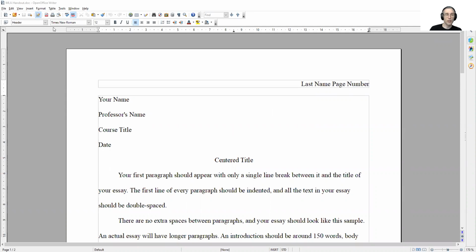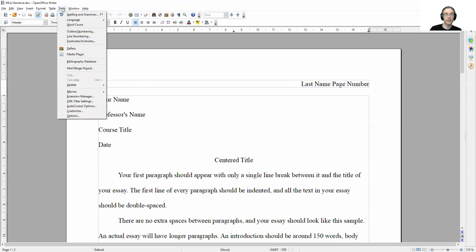First things to note, in terms of format, you should have Times New Roman font, 12 point. Formatting the page, you should have a header along with your last name and the page number. So depending on the word processing software that you're using, you would want to go into something like insert. And when you're inserting something in your header,